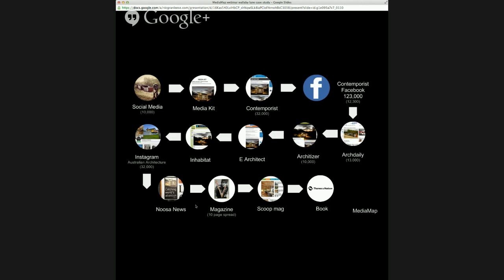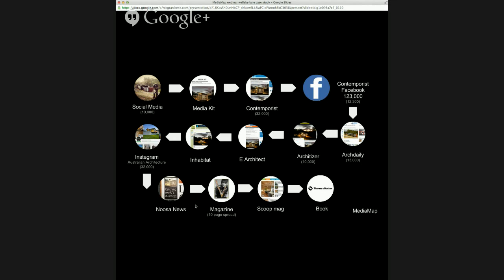So speaking about moving through space, we did that with the Wallaby Lane house to look at where it was popping up and how it was being shared from one publication to the next. I'll just run through this rather quickly, but Wallaby Lane, we photographed last February up in Noosa, and we started off with social media. We took a photo of that, we put it on Instagram, and the reason we do that is because editors are reading along and you're seeding an idea to the media that here is a project which is soon going to have content ready.